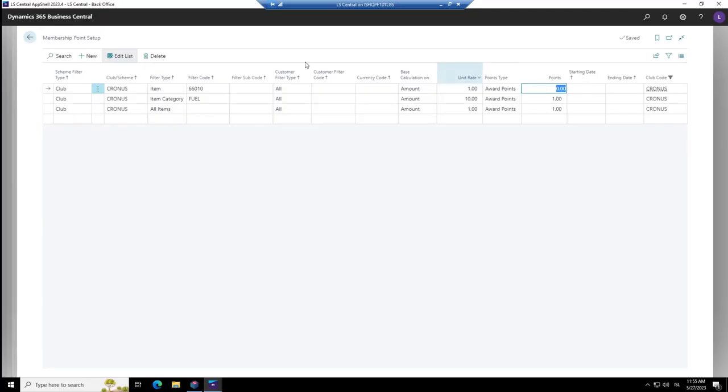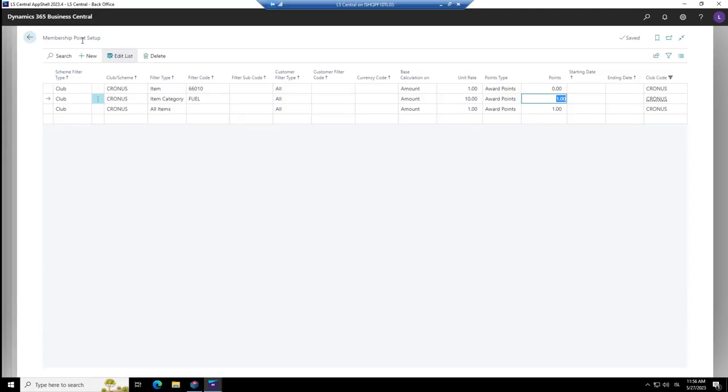But then we could also continue and think, if you are a retailer that is in grocery or whatever it is, and also selling some fuel, then you could say, for that category, and we can do product group, category, special group, tender type, different lines here, that you need to have 10 in amount to get 1 point. So you can do rules, you can do the all item rules and then the exception rules. So that's how easy it is. This was the setup for the club.